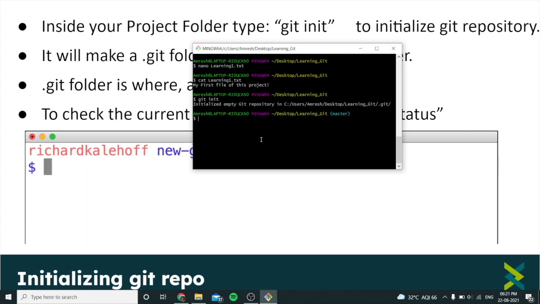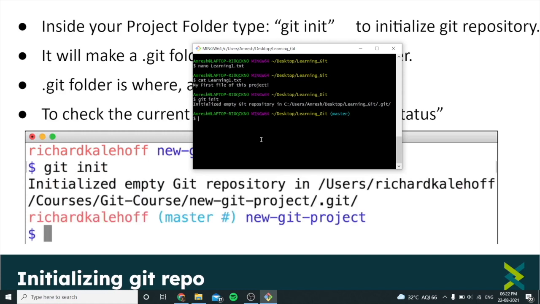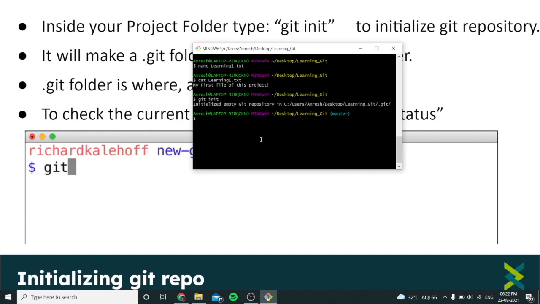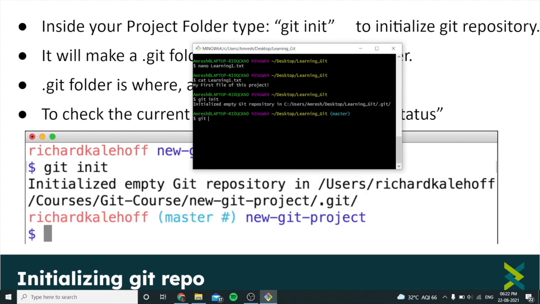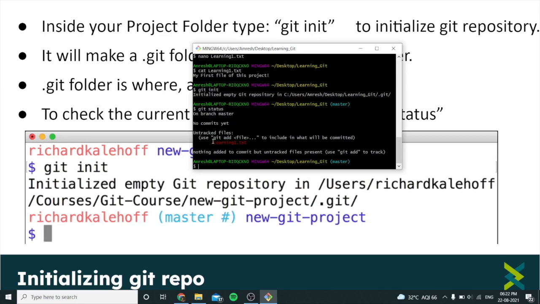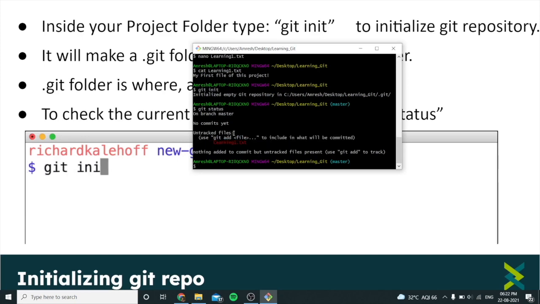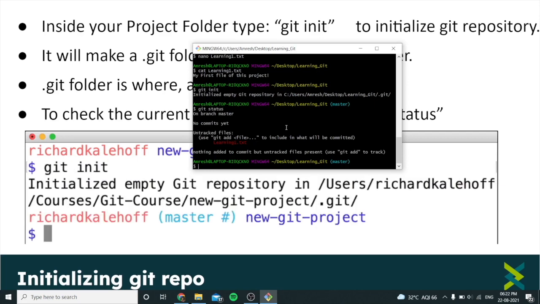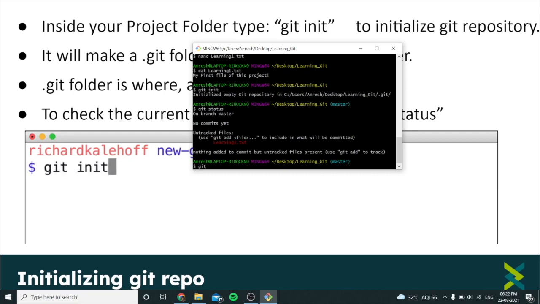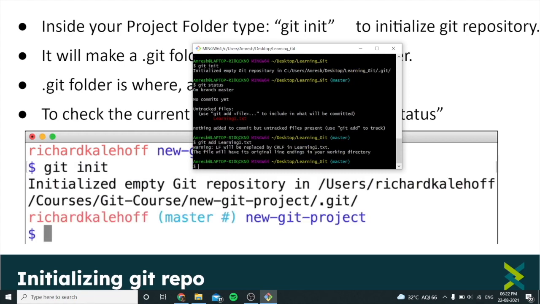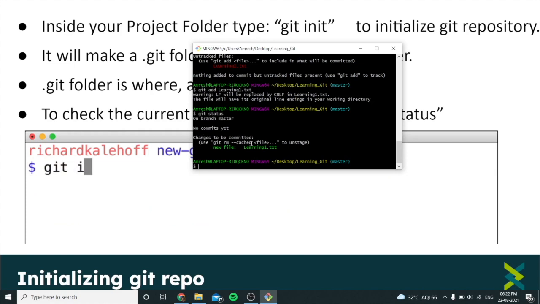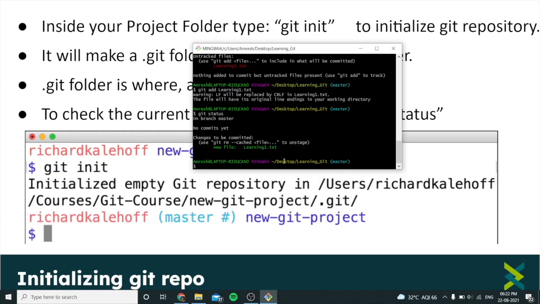Now there's one thing called the staging area. Staging area is like an intermediate area where you add a version of a file or many files that you want to save for the next commit. To check the current status of the staging area, type git status. As you can see, the file name is in red and saying untracked, which means it's not currently being tracked by the Git repository. So to add the file to get tracked, type git add and the file name. And now type again git status. And now here you can see it's in green, which says that it's currently being tracked and ready to be